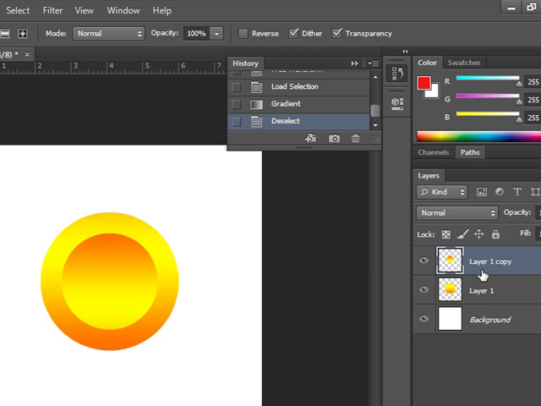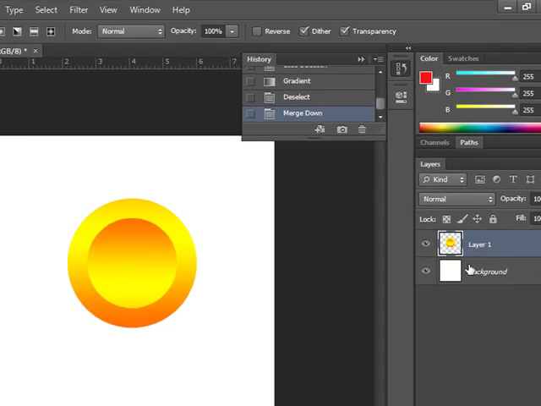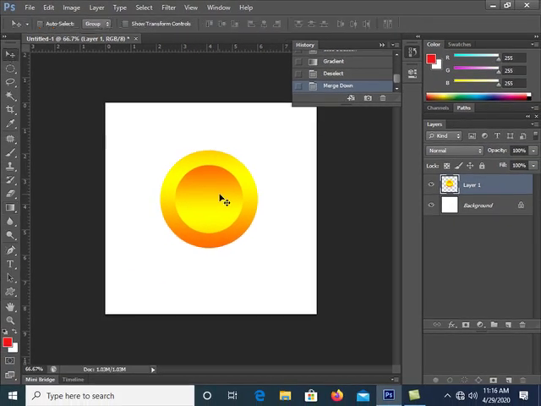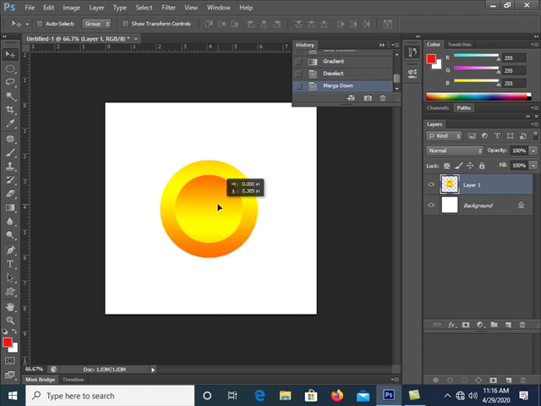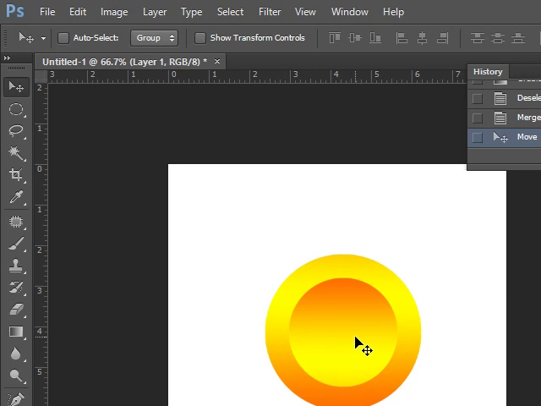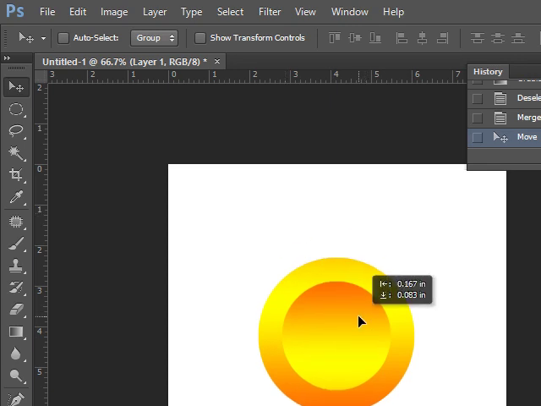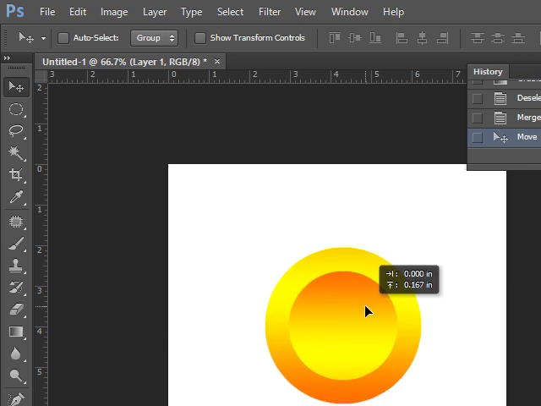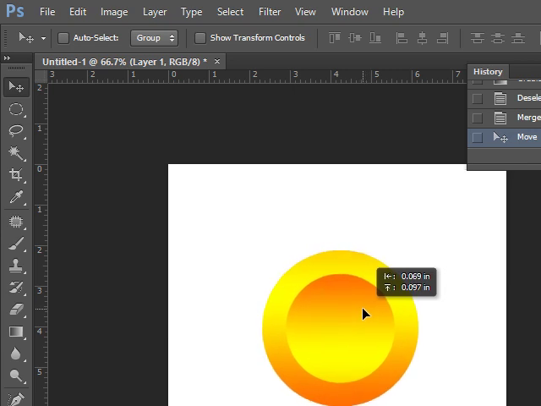If you want, you can press Ctrl E. Once the job is done, you will merge these two layers so that you can move it to any place of your file. Now we have created a button. That is it. So this is the way we can create a button here. So the process is very simple. You can do it if you know the basic idea of Photoshop.